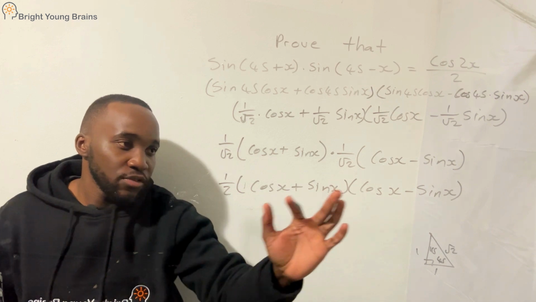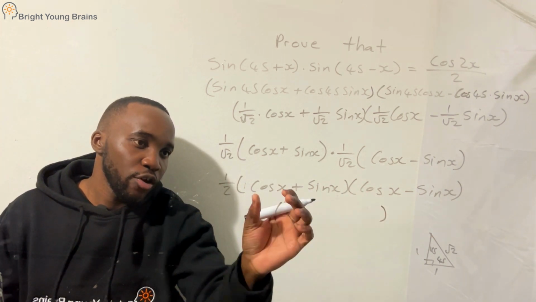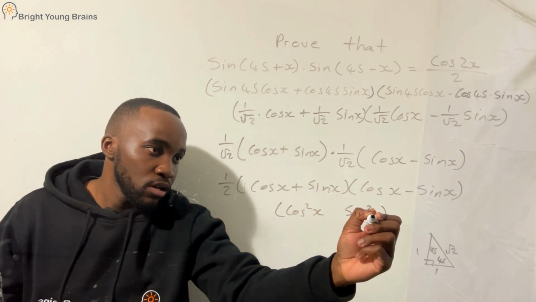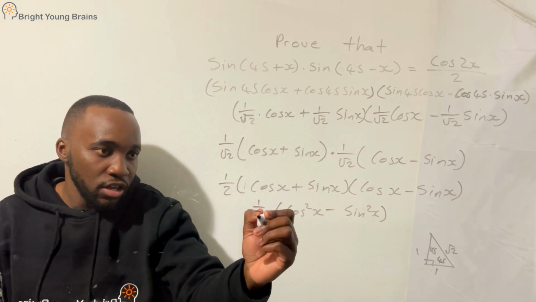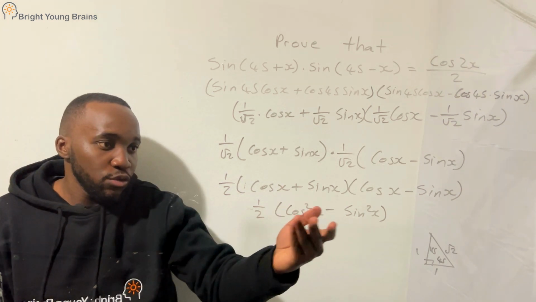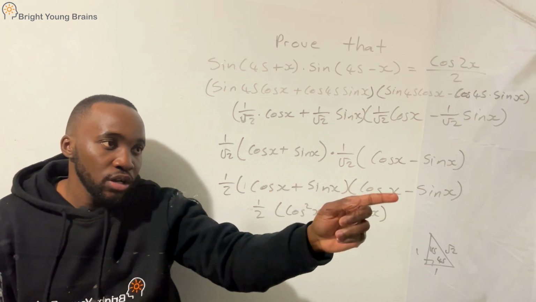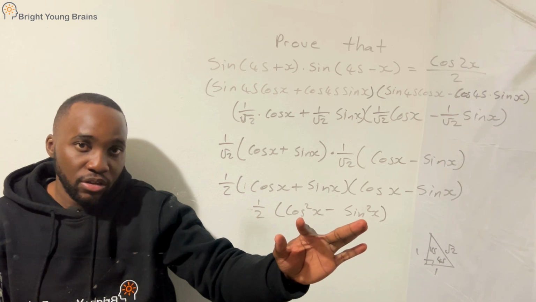So as long as you have the difference of two squares here, these two, right, you're just going to have one big bracket where you're going to have cos squared, and then you're going to have sine squared, with a negative in the middle, you see, and then our half in front there is just there. Now the good news is, even if you did not just go from having these two brackets to that, if you had, let's say, done your whole foiling thing,